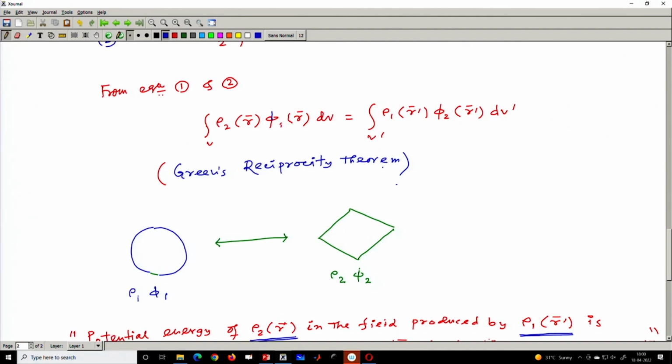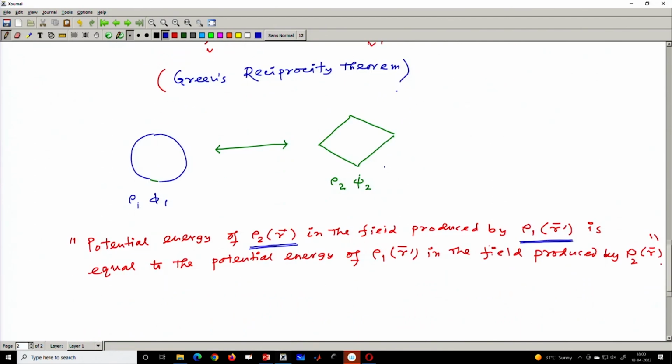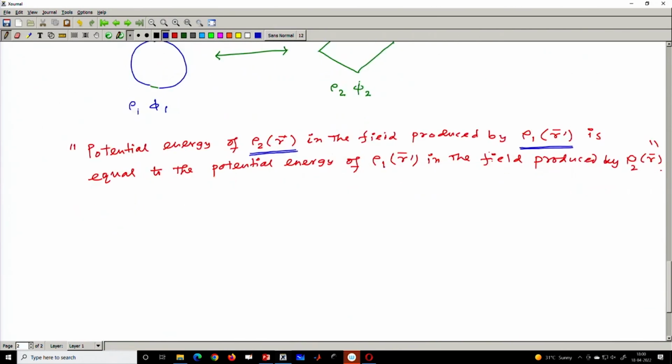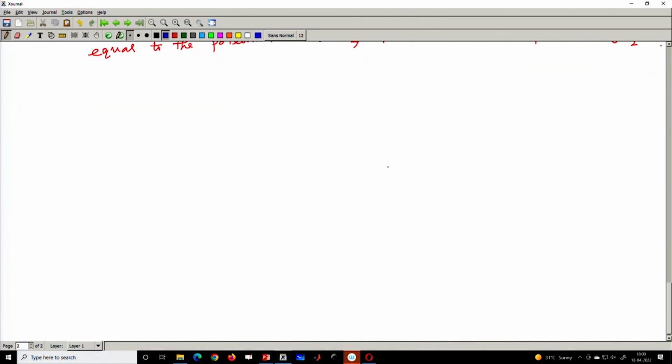In other branches also we have these kinds of reciprocity theorems. This is one of the examples we have in electrostatics where this theorem is valid. We can make use of this theorem in certain problems. One typical problem, which is difficult to calculate in other ways but very simple when we use this Green's reciprocity theorem: suppose I want to find out the force between